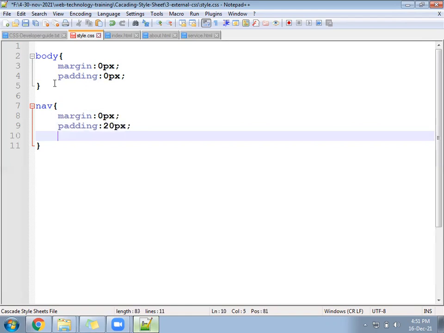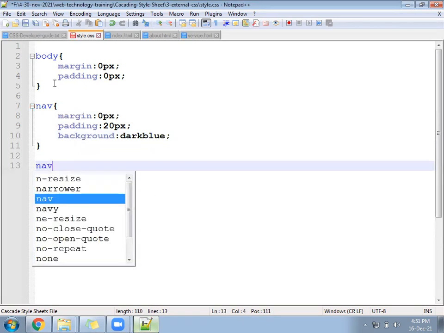Then background of the nav tag, put any color, dark blue color.